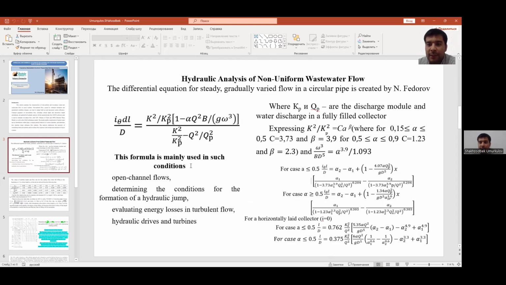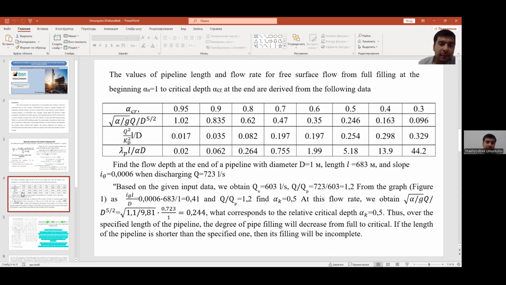In the first condition, I used this formula when up to half of the pipe is filled with water, and in the second condition I used this formula when more than half of the pipe is filled with water, and I try to categorize it,